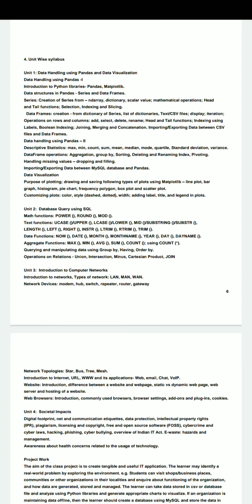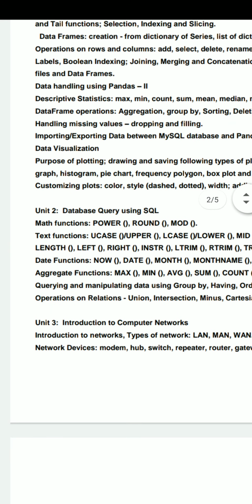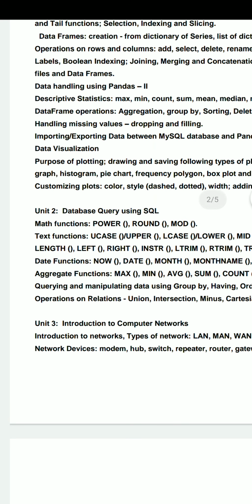Now one point to be focused on here is that database query using SQL means you have to use all these functions, or these functions are applied over the contents of the database, meaning tables.